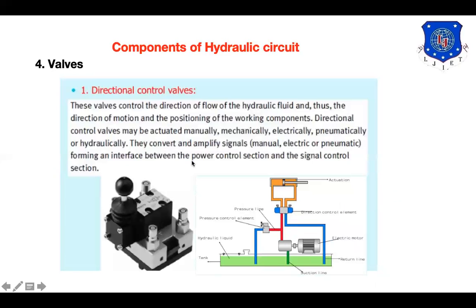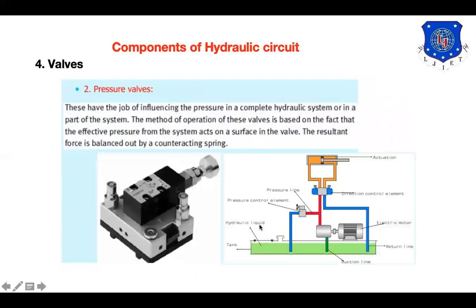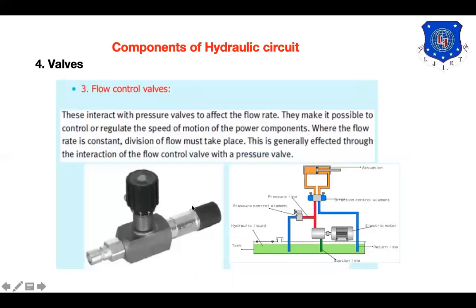As I told, the first one is our direction control valve, which is directing the working fluid. Second is the pressure control valve, which controls this particular working fluid pressure. This is a real view of the pressure control valve. That's why I've taken a different slide of that. And the flow control valve normally appears like this. This is simple in construction. It is just like our tap water, right? How much we open or close the valve, based on that the working fluid will be passed, and that will actually affect the velocity of this particular actuator.